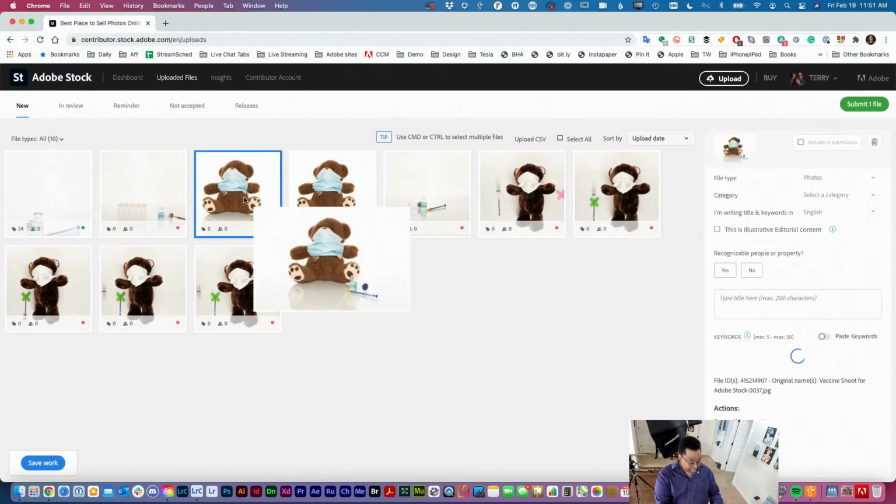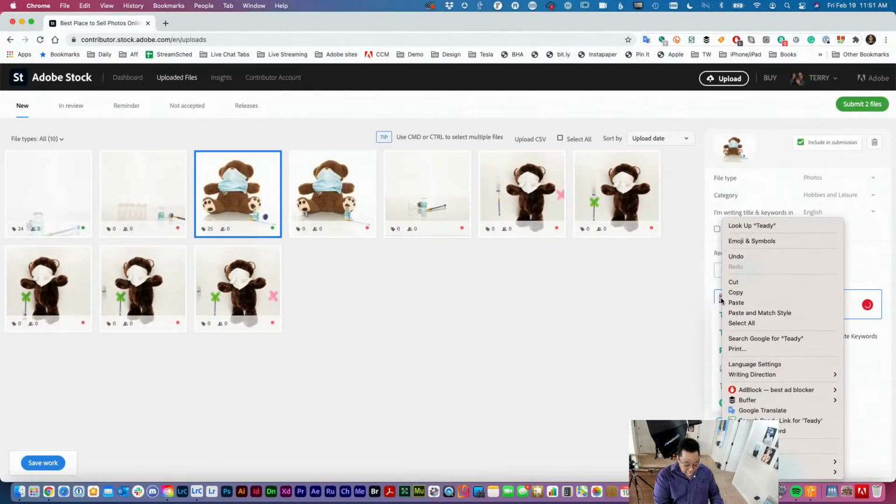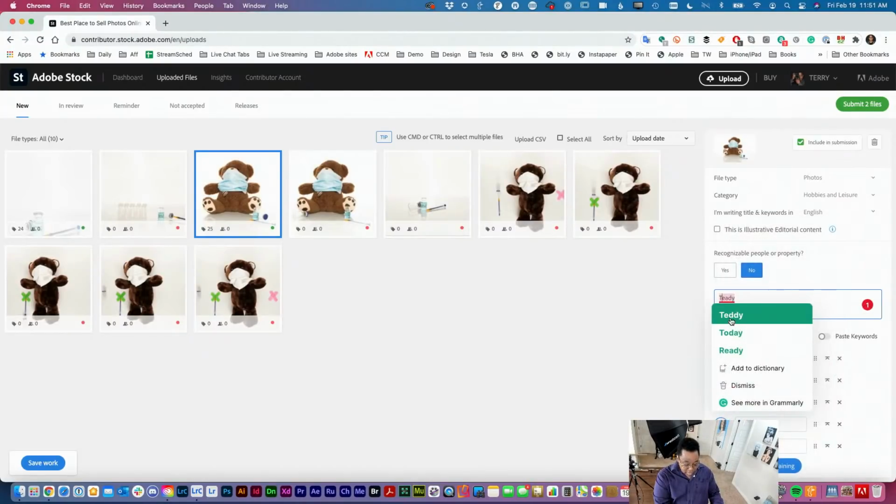Let's just jump over to this teddy bear one, because again, I'm not going to do them all. I only got 3 minutes left. And no, there's no recognizable face. Teddy bear, did I spell teddy wrong? Yes, I did. Teddy bear, is that one word? Yep. Teddy bear,